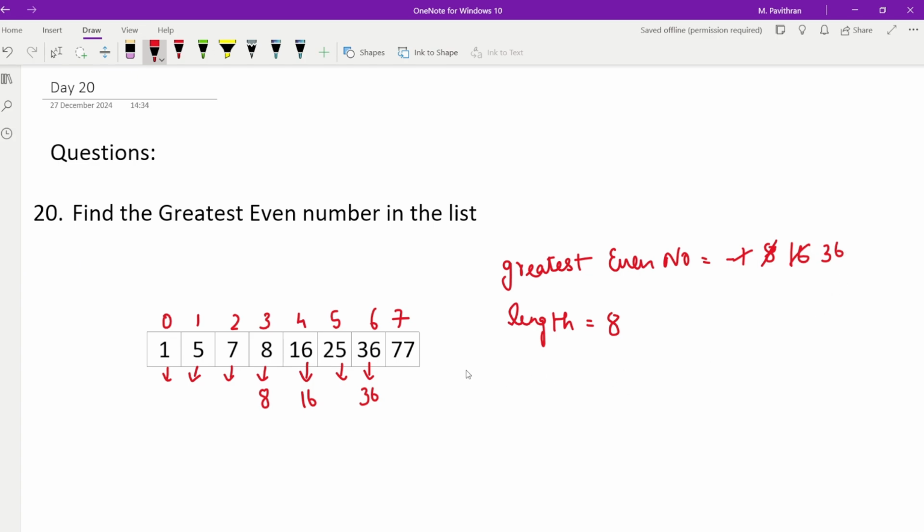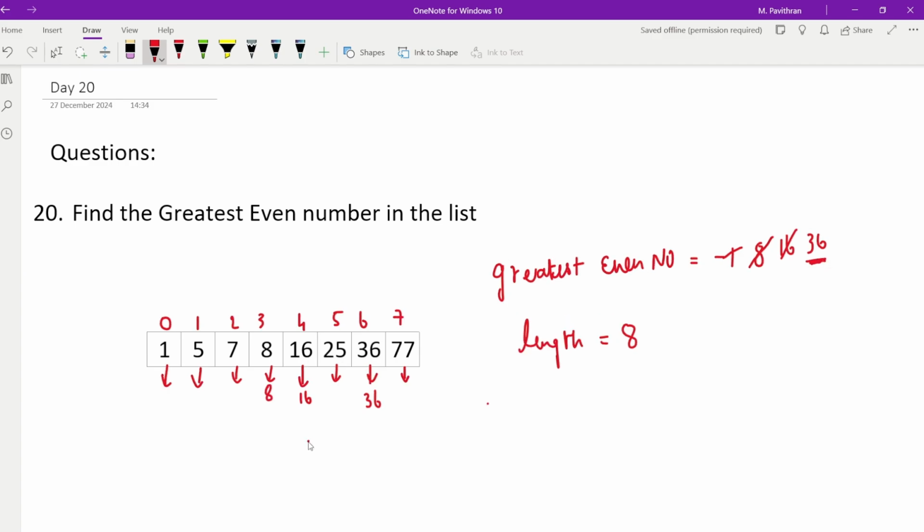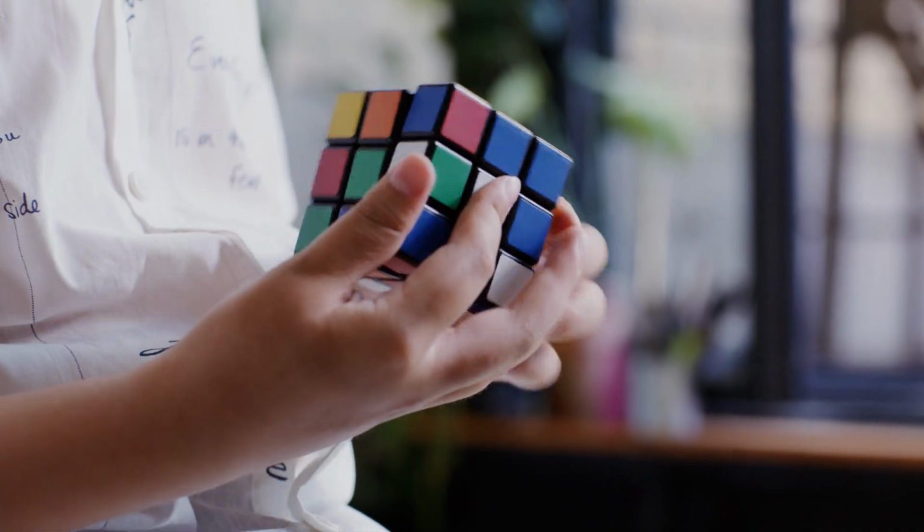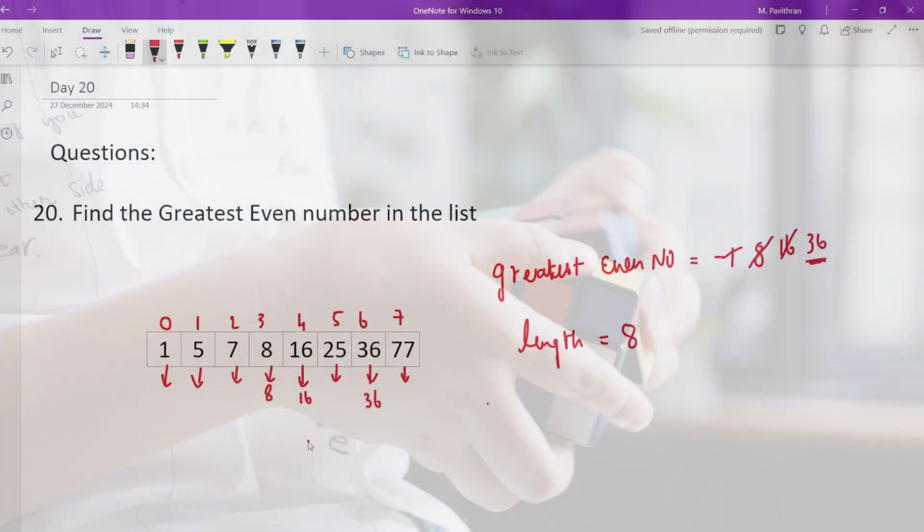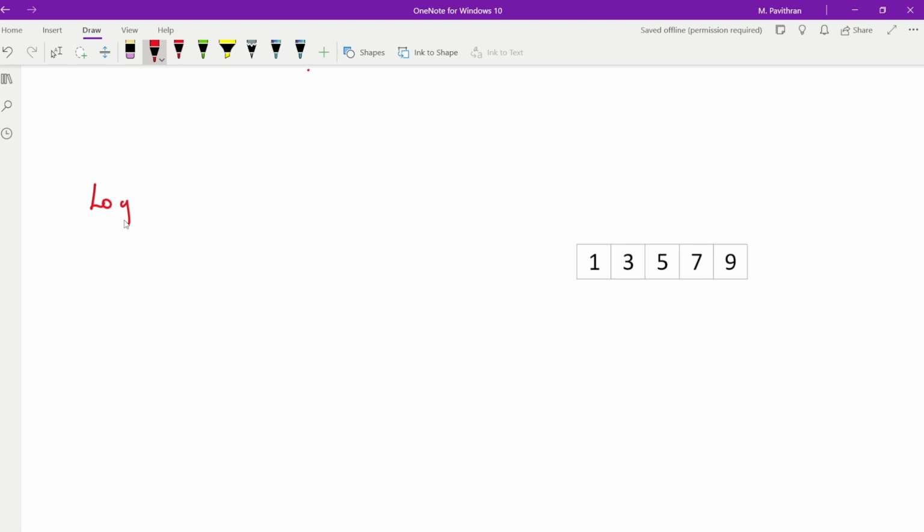Now let's move on to the next element and the last element of the list, that is 77. 77 is an odd number. So let's terminate the program as we have reached the end of the list by printing the greatest even number as 36. As we have got the hands-on experience with solving the problem, let's derive the logic from the solved example. The logic is that